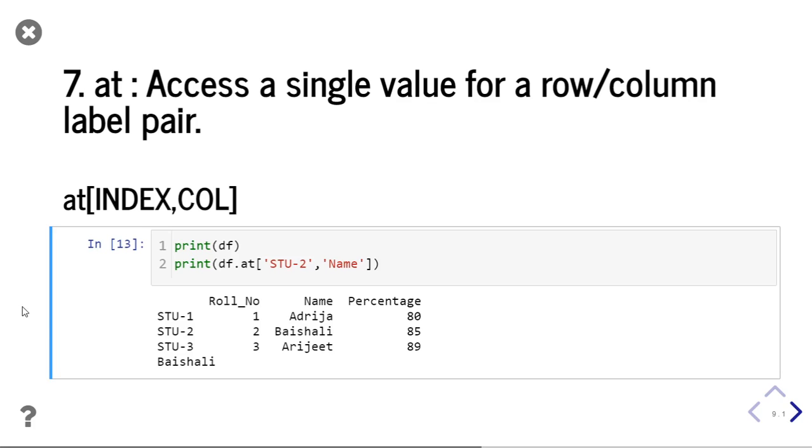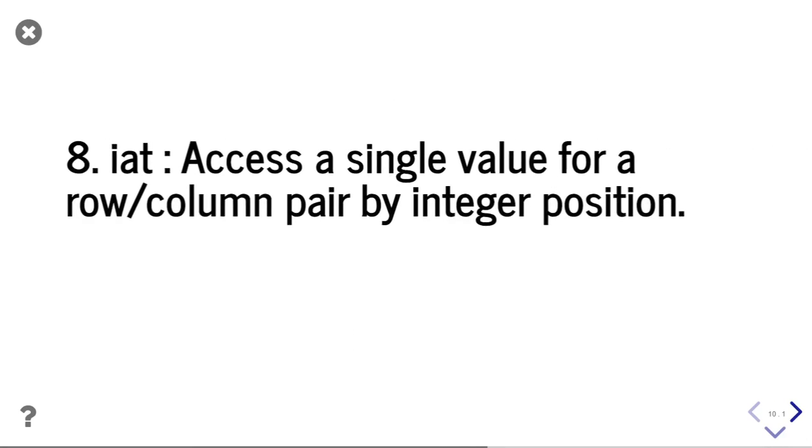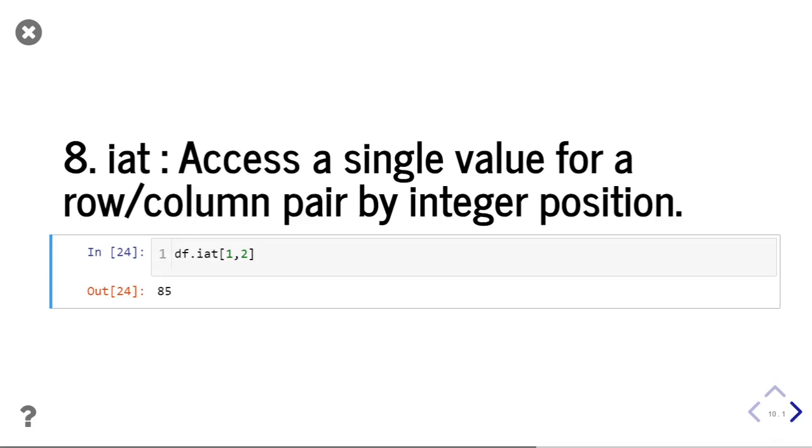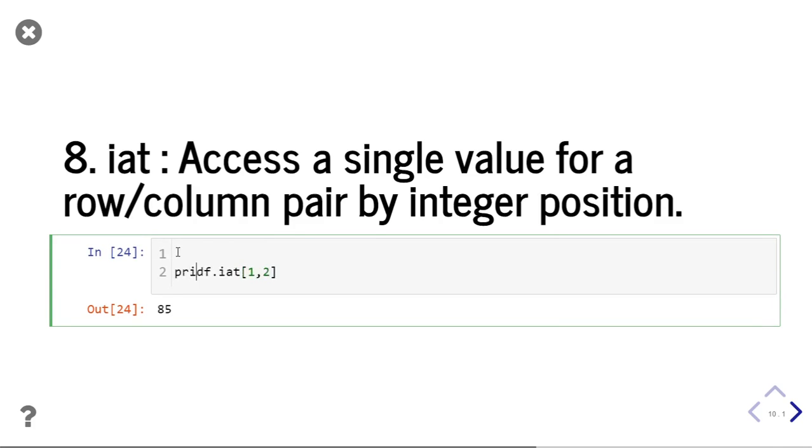So our eighth attribute is iat. To use positions of indexes and columns, we will use iat. So this is our eighth attribute, that is iat. It will also give you the single value, but you have to use your positions of indexes and columns. So you can see we will print our data frame,